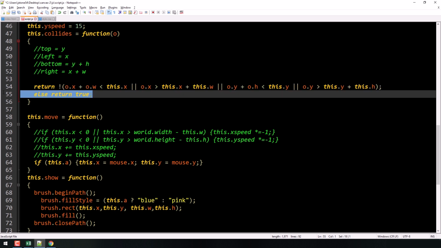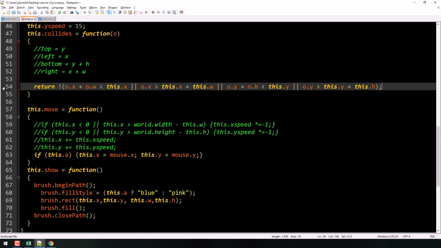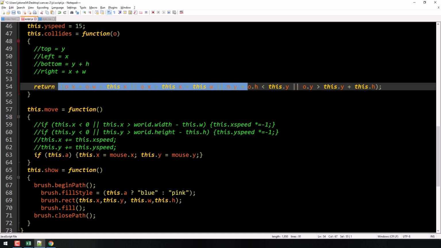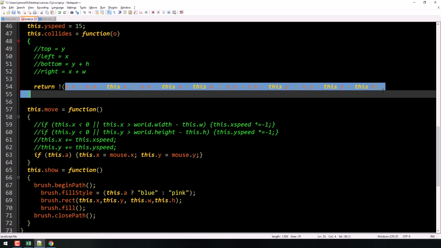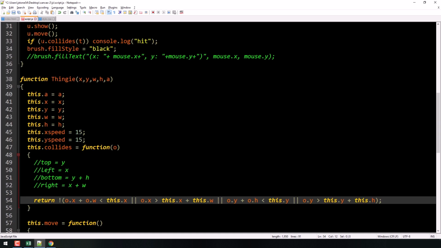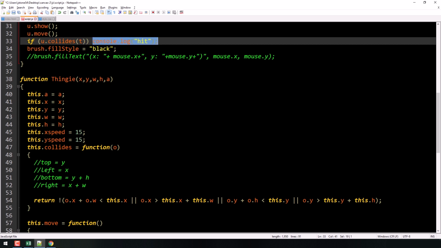Close that out, get rid of this. So if I just say return not that, because remember, if this is true or that's true or whatever, that means I'm not intersecting. As long as one of those is true, I'm not intersecting. Okay? So if I'm not intersecting, then I want my hit to be false. But if I'm not intersecting, this whole mess becomes true. So I want to return not that. Okay? Because I'm not intersecting, right? When this is true, that means I'm not intersecting, which means if I return the opposite of that, I'm returning that I'm not intersecting, right? Which is what gives me this value that if that's true, console out a hit.